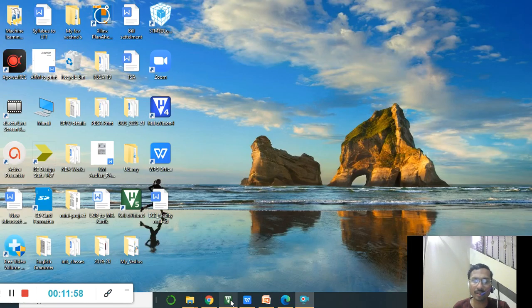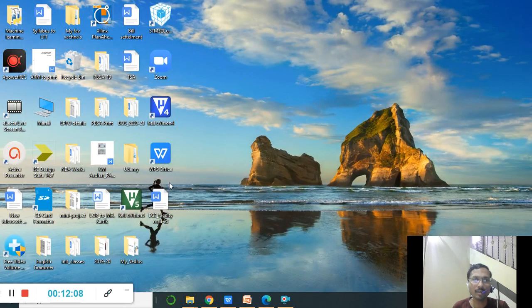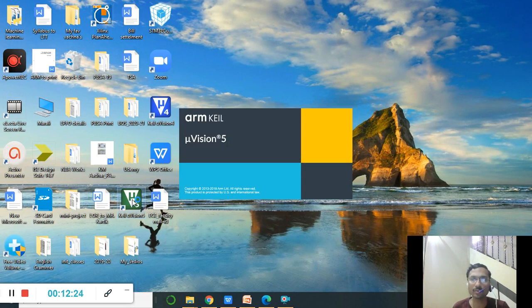Now we will move to the Keil software. If you have any previous project that is open, let me close this and I will show you. So here I have installed Keil 5. You can go to the Keil website or ARM website to download this freely available Keil MicroVision 5. The only restriction is that your code size should be limited to 32 kilobytes. Except that, you can explore all the things that are present in Keil MicroVision 5.